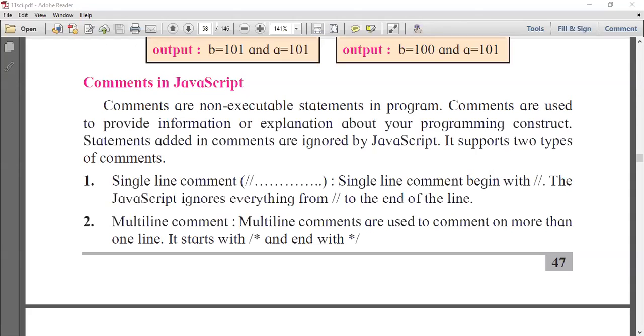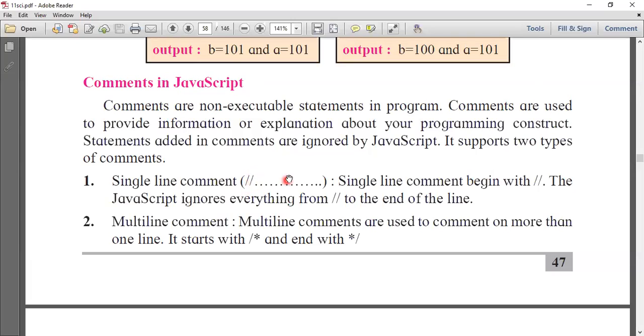Then how can we write a comment in JavaScript? There are two ways to write a comment in JavaScript. See here, if you want to write a comment in a single sentence, you have to use a double slash.